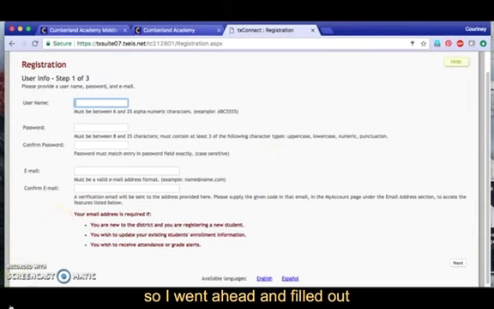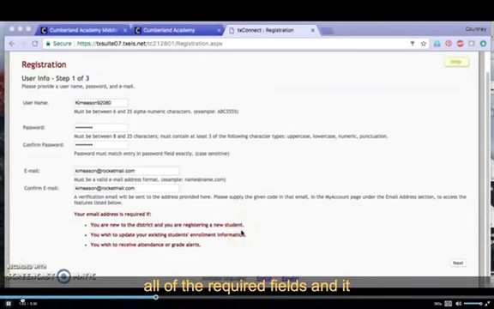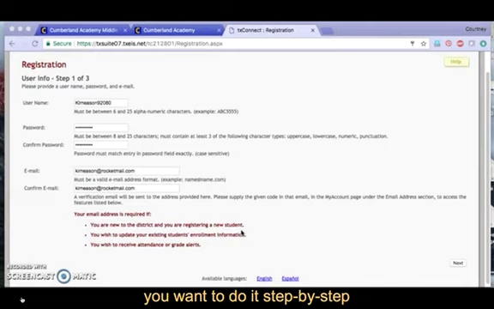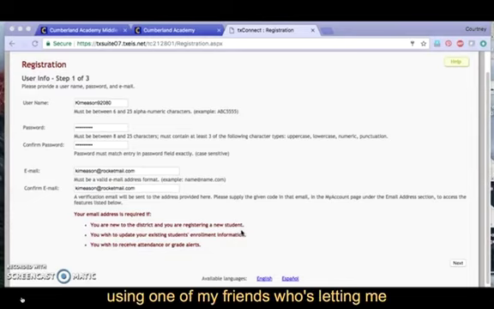So hold on one second. I went ahead and filled out all of the required fields, and at any time you can pause this if you want to do it step by step with me. You can just pause this and go to your screen and do it, and then come back and push play. So I'm using one of my friends who's letting me borrow their son's account for just a little bit, but